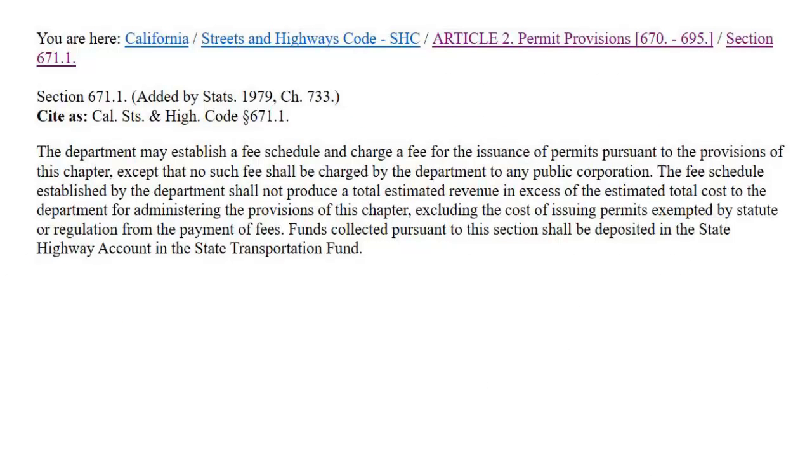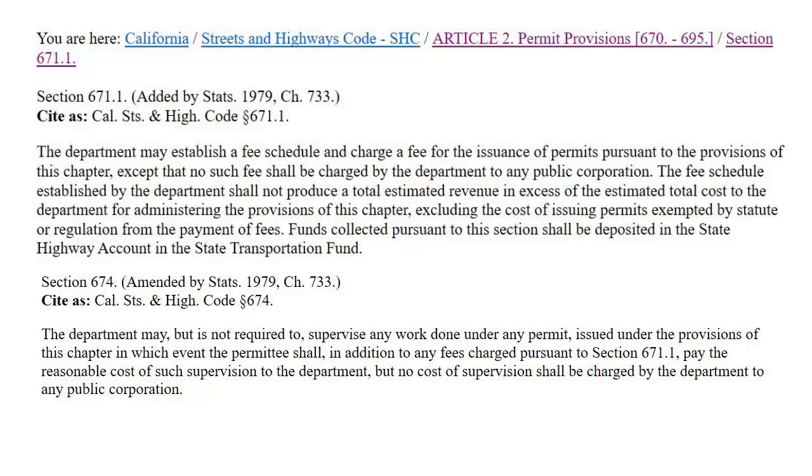Now that you have your completed application form and supporting documents, the final item required for a complete standard encroachment permit application package is the fee. State policy requires Caltrans to recover the administrative costs for reviewing, issuing, and inspecting permit projects, but we cannot collect fees from public corporations, federal and state government agencies, cities, counties, and public districts. The current minimum initial deposit required to begin the review process is $492.